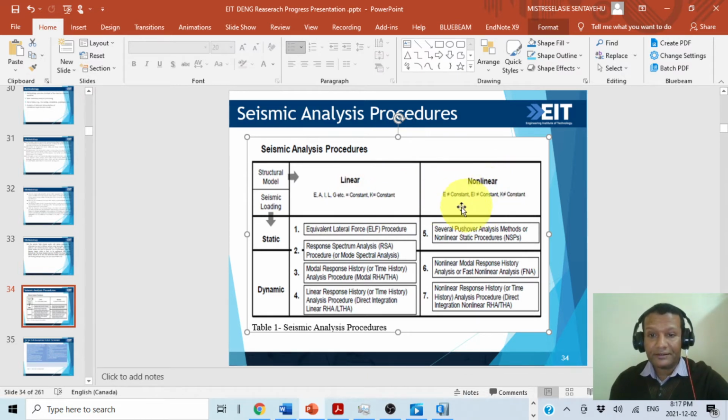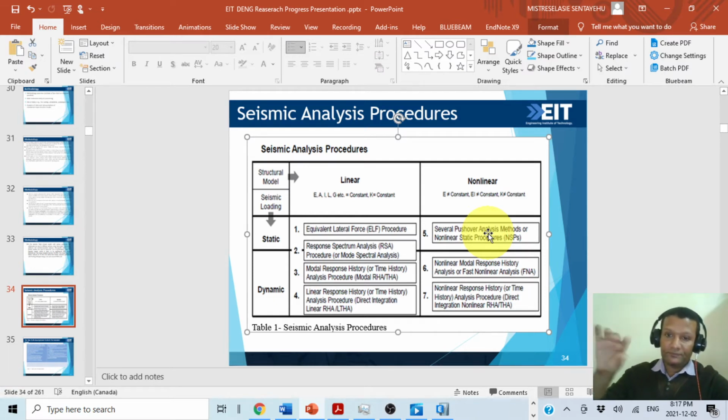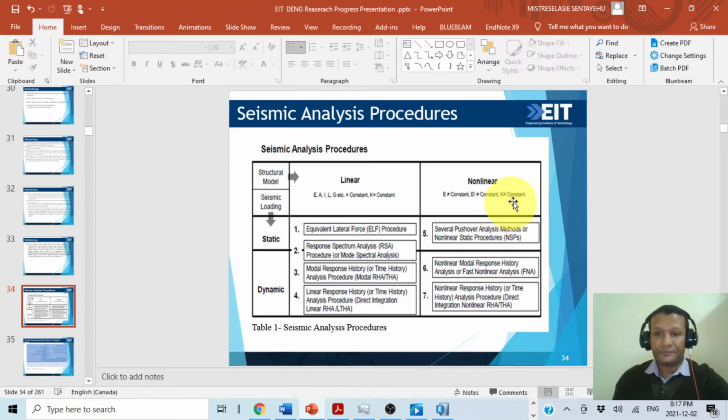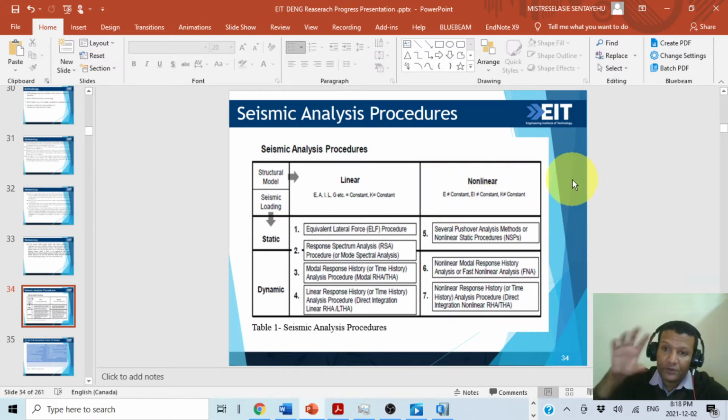But in non-linear, you see modulus of elasticity or this strain, EI, K, stiffness, they are not constant. So we will assign force deformation curves for each point in the nonlinear design step. We will see it. That's why each hysteresis curve we will assign for concrete, for beam, column,